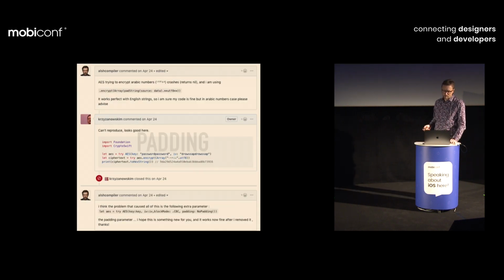Okay, the next parameter is padding. You may know what padding is, you may not. This is the issue: I was trying to encrypt Arabic numbers and it crashes. There were Arabic numbers, it crashes. It crashes because